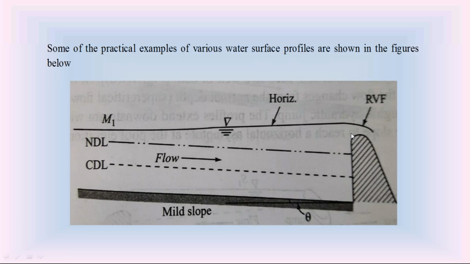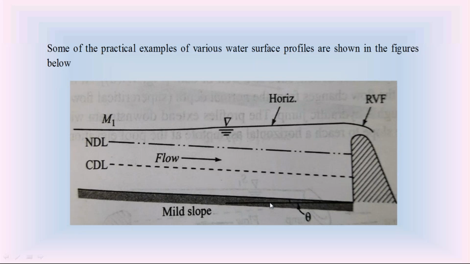So starting from this upstream end of the weir, from this backside of the weir or from this dam, we separate this entire portion of channel into a number of small portions. This entire length of the channel, it may be the river, it may be the major open channel, from this weir or from the dam, we separate this entire upstream portion of the channel into small parts, small portions.